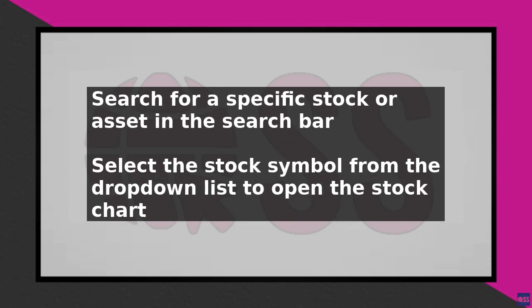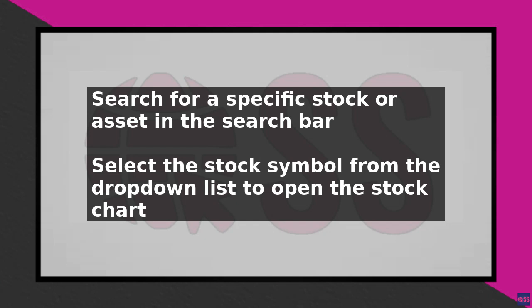This tab will display a list of available options contracts for the selected stock, including calls and puts. You can filter the options by expiration date, strike price, and type. Select the options contract you want to view, and a new chart will open displaying the options data. The options chart shows the price movement of the options contract over time, allowing you to analyze and make informed